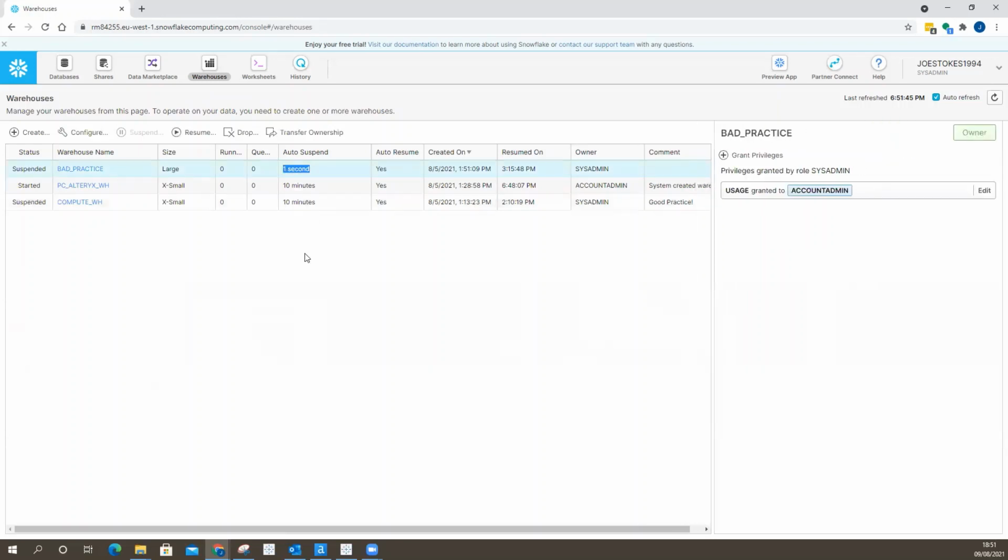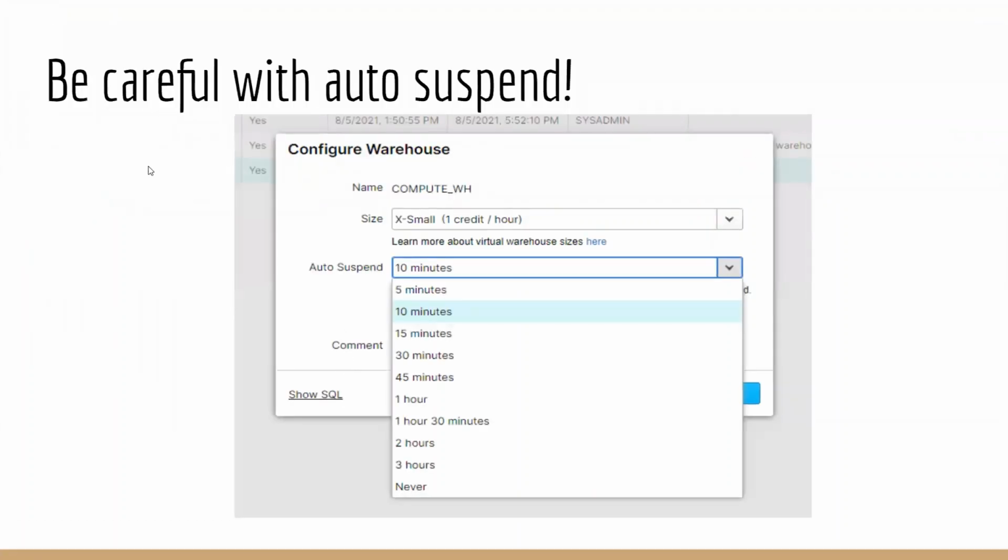This might seem like a really, really good idea. It might seem that every time we stop using the database, Snowflake is going to very quickly stop itself and stop charging you credit. However, the big issue with this is that every time a warehouse needs to start working again, every time it needs to spin itself up, that actually